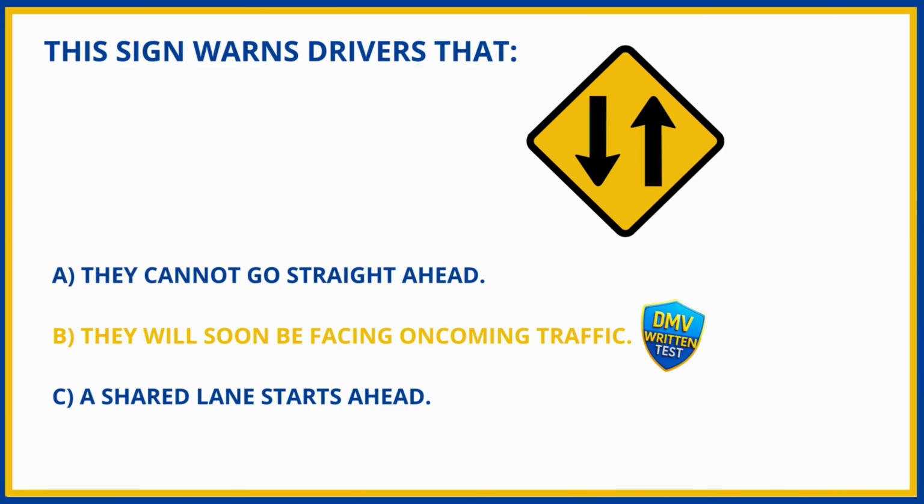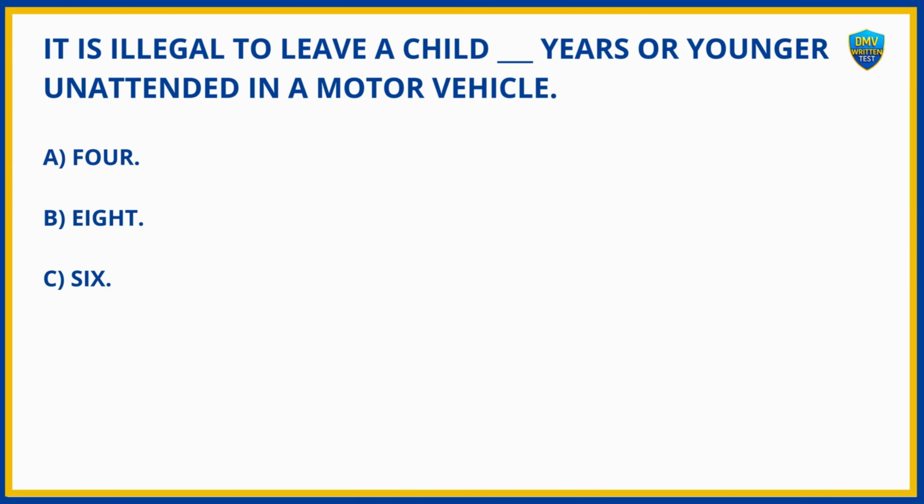B. They will soon be facing oncoming traffic. It is illegal to leave a child, ___ years or younger, unattended in a motor vehicle. A. 4. B. 8. C. 6. And the answer is